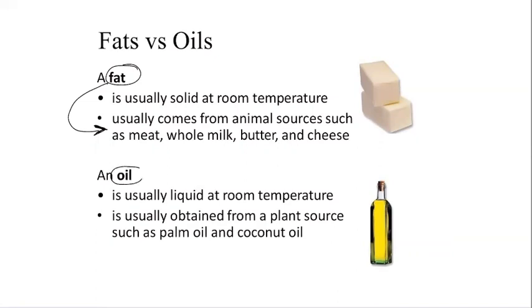Oils, on the other hand, are usually liquid at room temperature, so that is their state of matter. But what really defines something as an oil is that it comes from a plant source. That's why we have palm oil, coconut oil, olive oil, corn oil, safflower,